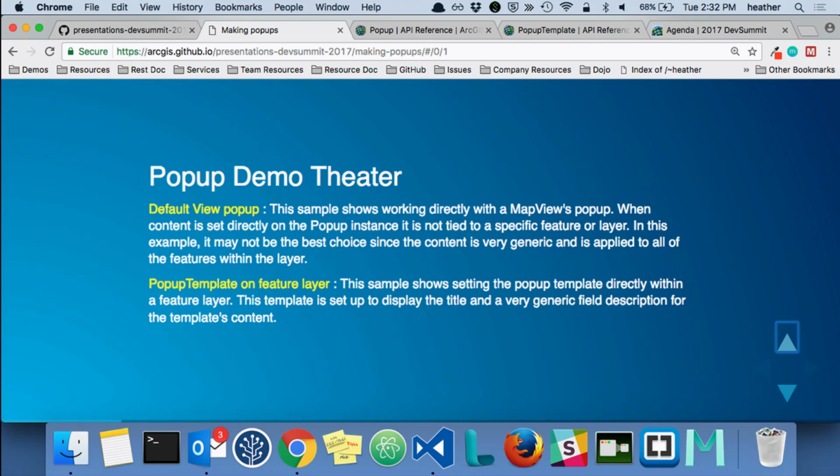So the very, very first thing, we're going to show you just the straight default pop-up that you get directly off of your view. So I guess before I even get started, anybody here, is this going to be brand new to you guys? Brand new. Okay, so some of the stuff that we're going to show here is going to have some API things in it. It's beginner level, so I think you should be fine. But basically, what I'm going to show you on this first one,